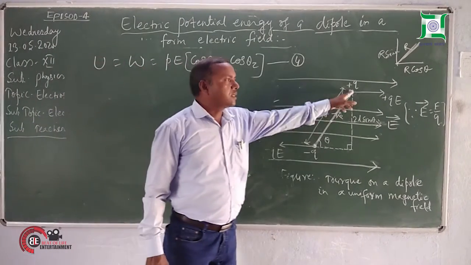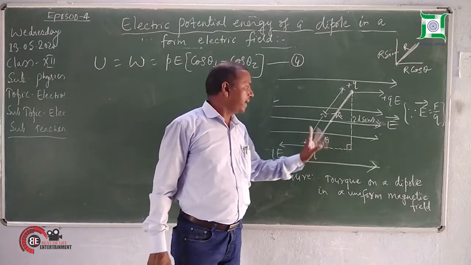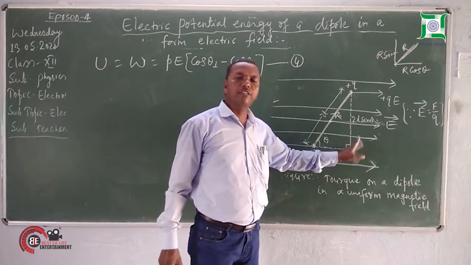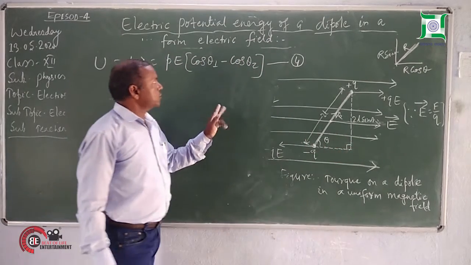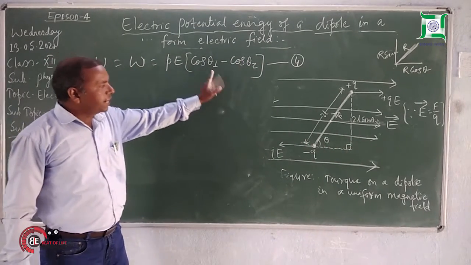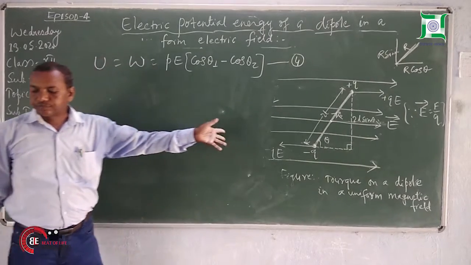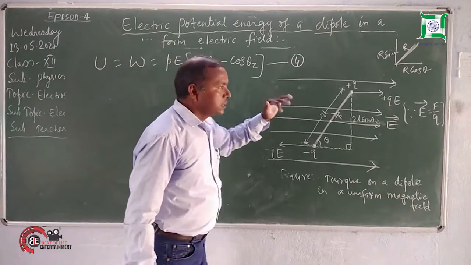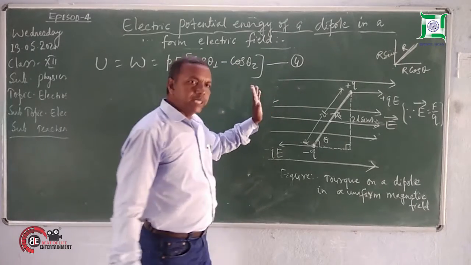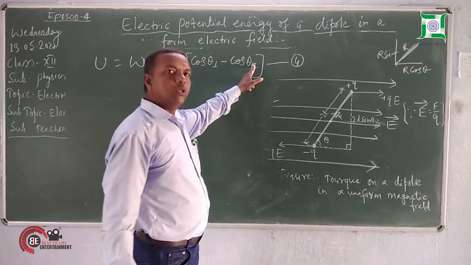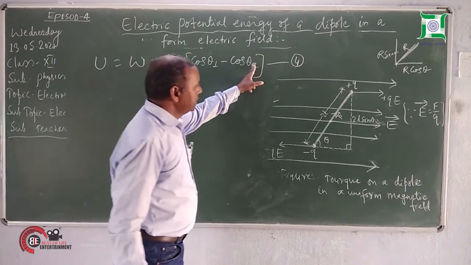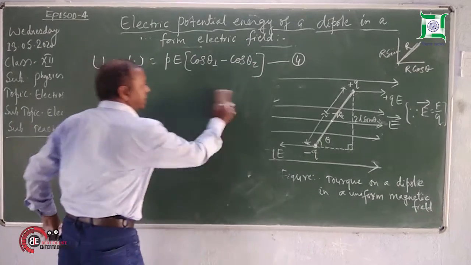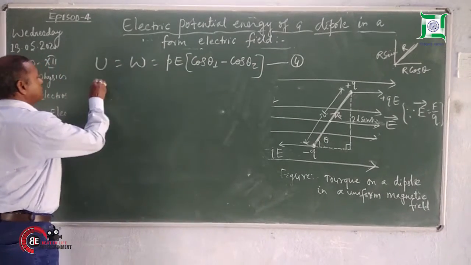When this dipole is initially held perpendicular to the direction of electric field, that is theta 1 is equal to 90 degrees, and then brought to some orientation making angle theta, that is theta 2 is equal to theta, then